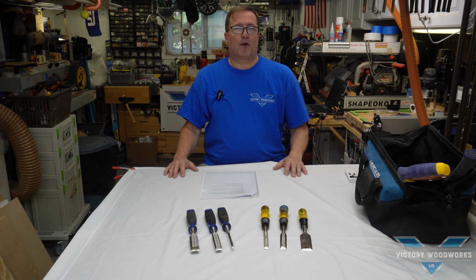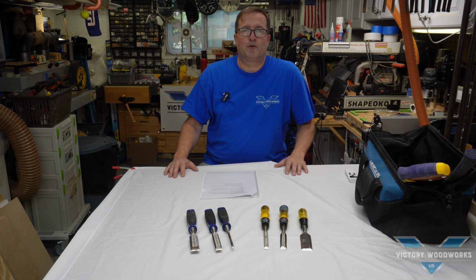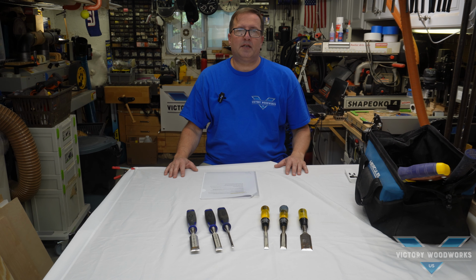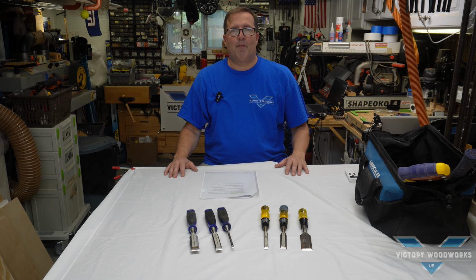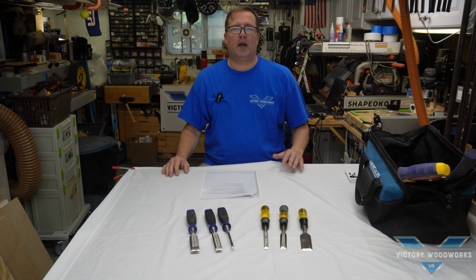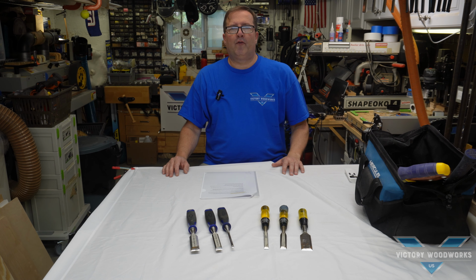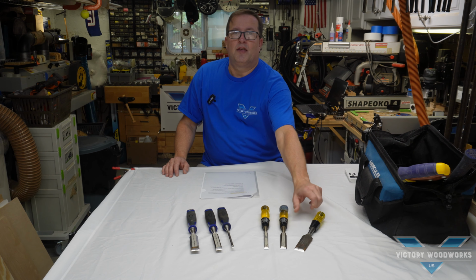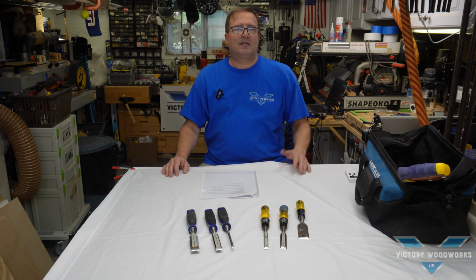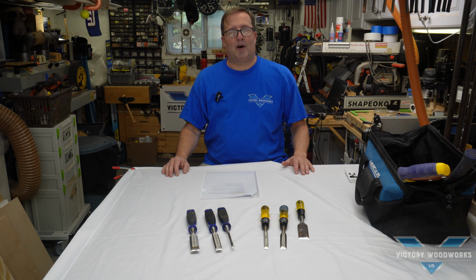Chisels are essential for creating various types of joinery, such as mortise and tenon joints. They enable beginners to carve out precise recesses, mortises, and matching protrusions, tenons, in wood, which are essential for strong and durable wood connections. They can be used to remove old adhesives, like this one was, clean out joints and repair small imperfections. This is another one of those tools that you can spend a lot of money on, and